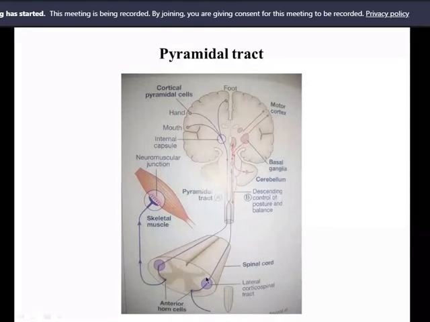Now you see, all the motor nerves originating from the cortex, corticospinal or corticobulbar, originate from the cortex and end in the bulb. Which is the bulb? Midbrain, pons and medulla, collectively known as bulb. It looks like the bulb of an onion, so it is called bulb. So all the corticospinal and all the corticobulbar tracts are